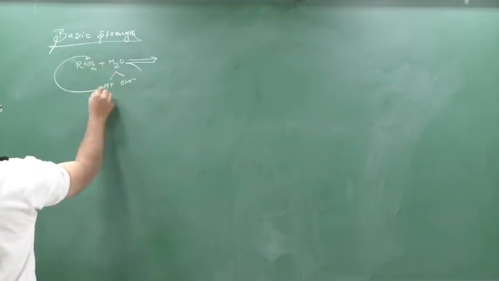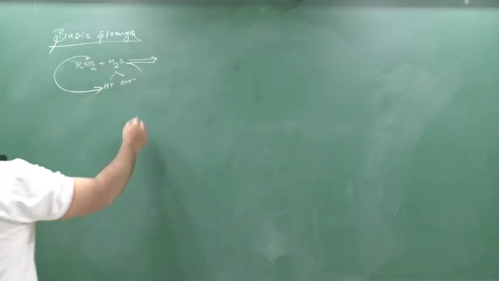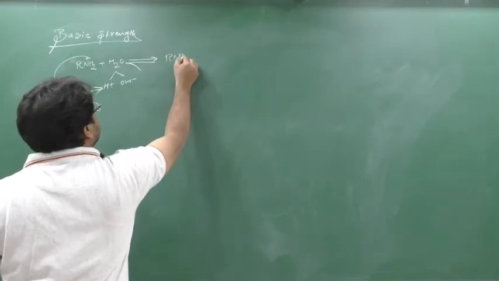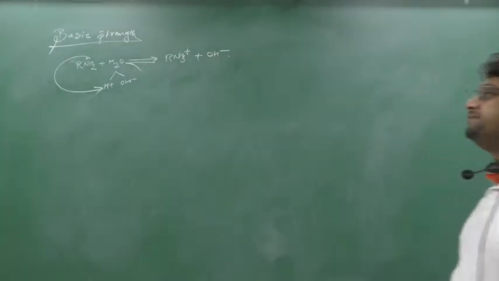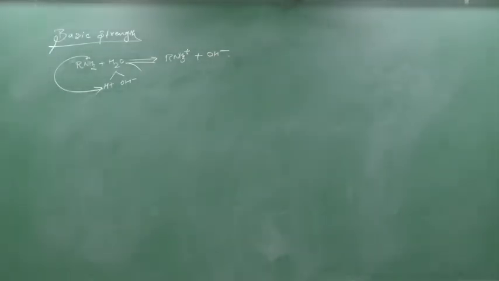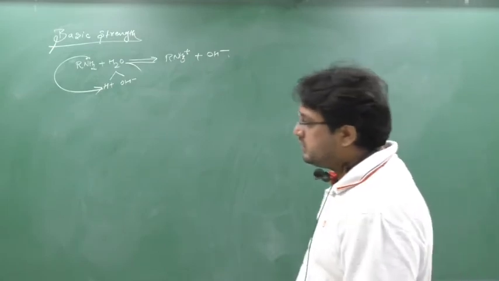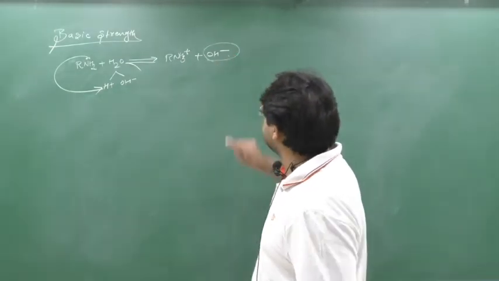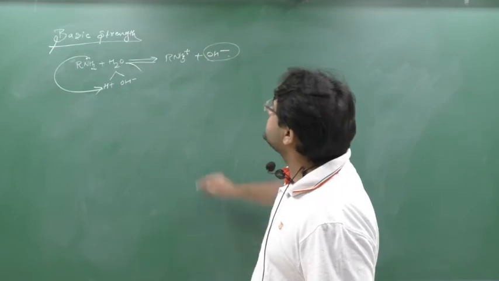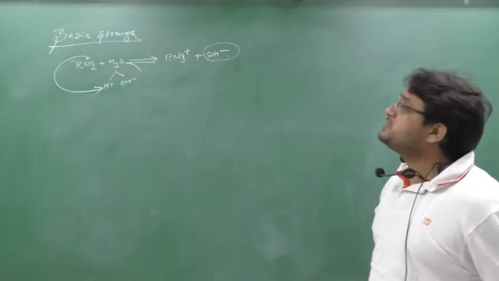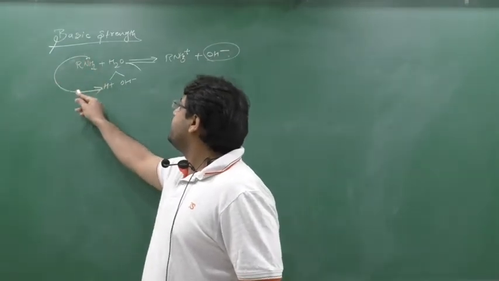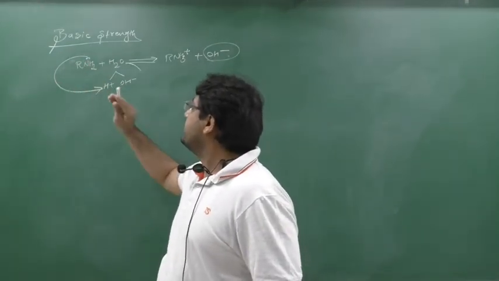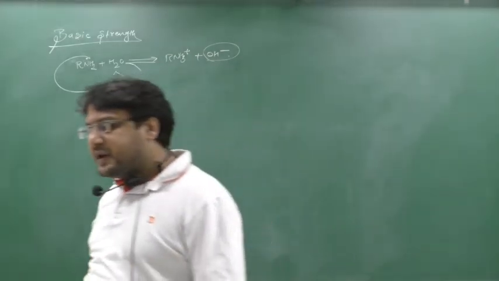It is the presence of lone pair, so this lone pair will be donated to this H plus. So what will happen? RNH3 plus OH minus. We have studied in the equilibrium concept that any substance when dissolved in water, if it generates OH minus, it is a base. So this RNH2, again it is proved that it is a base. And this basic characteristic is also due to what? The lone pair. If the lone pair was donated, then only this H plus would have been removed, then only OH minus is generated.